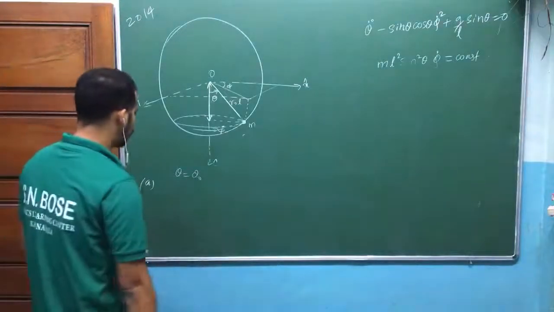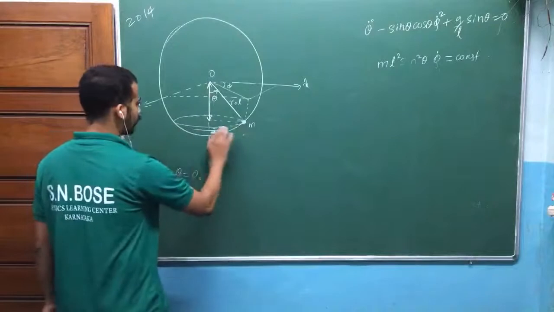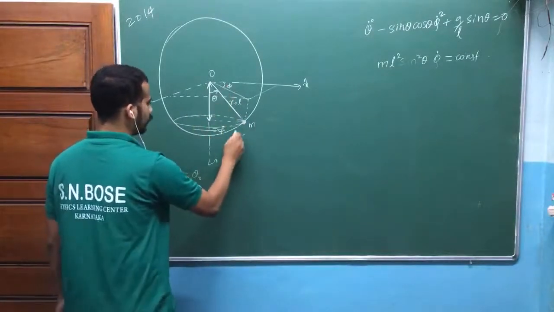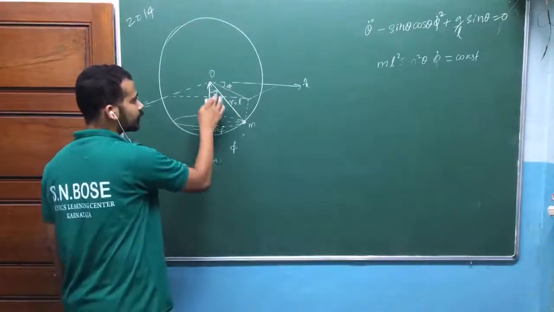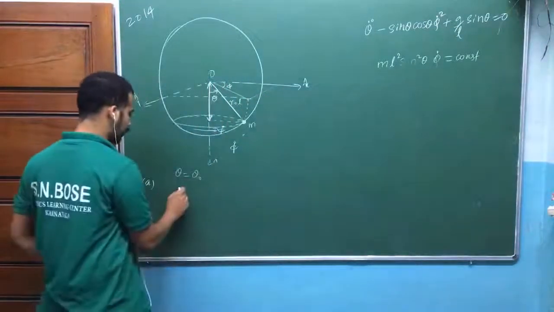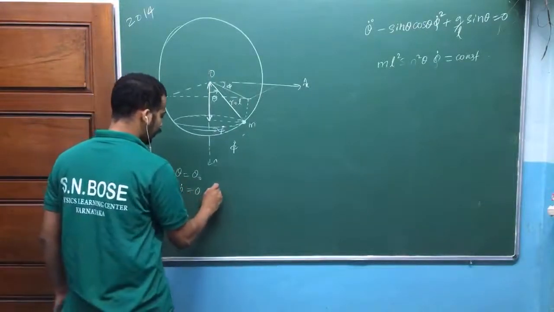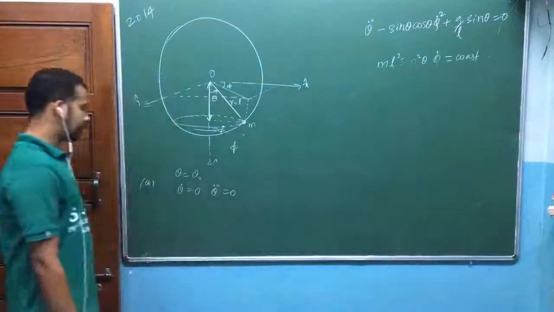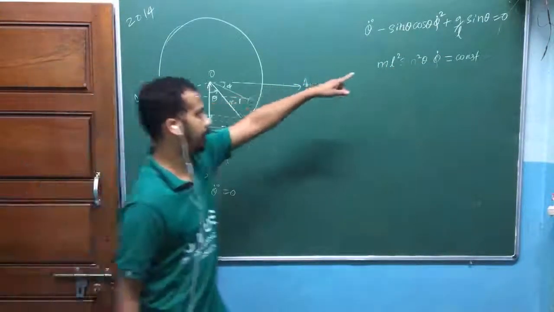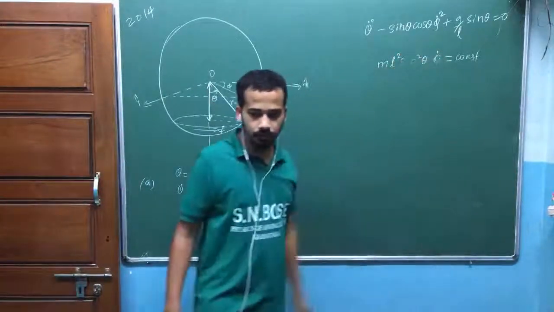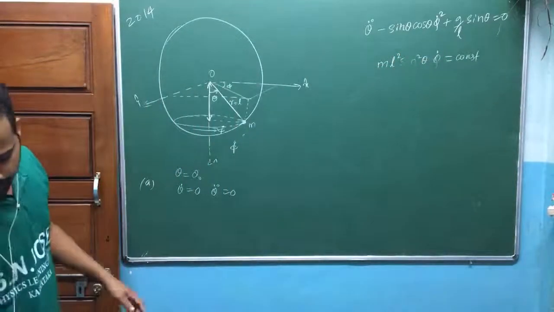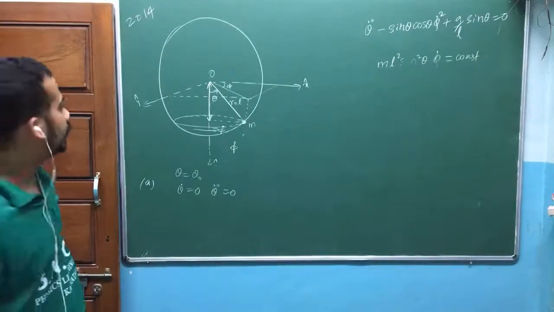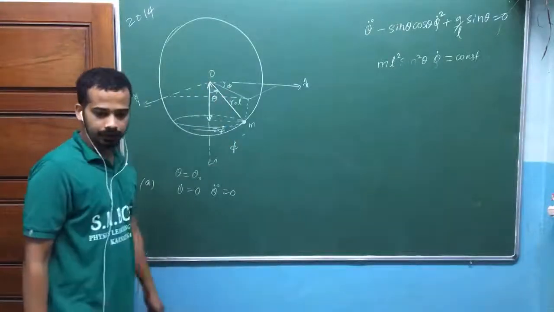Now, if this mass moves on a circle, definitely phi dot is non-zero. You will have one constant phi dot when this mass moves on a circle, but theta is constant. If theta equals theta naught, theta dot is equal to 0, and theta double dot is also equal to 0. You can make use of this equation, just substitute this one and solve it for phi dot. That's what he is asking: with what angular velocity will the mass move on a circle with a string making a constant angle theta naught with the vertical?